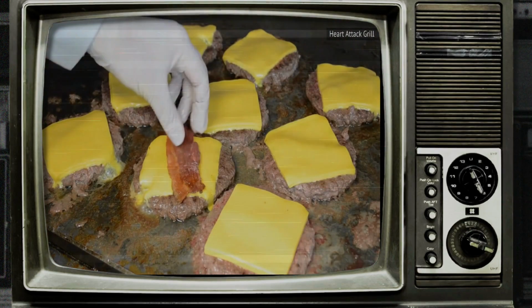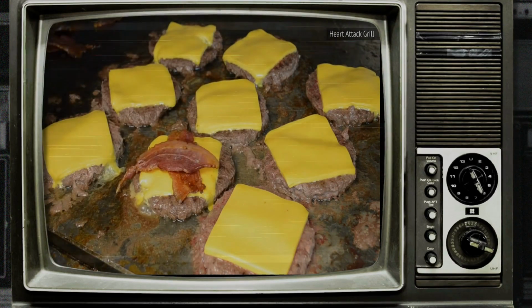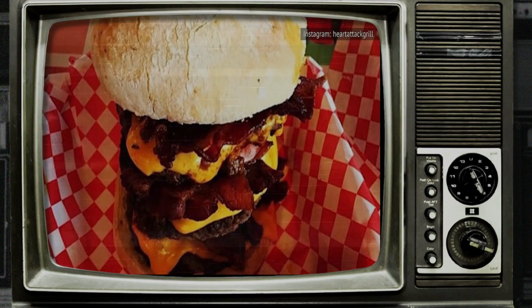If you do order bacon on the triple bypass burger, you'll end up with 15 pieces of crispy goodness atop your burger. The triple bypass burger strikes a decent balance of filling, flavor, and fun, but for us, the ratio between meat, bun, and